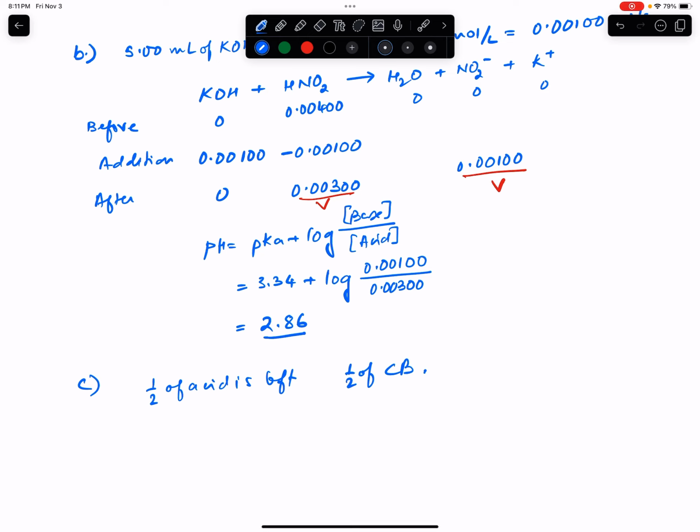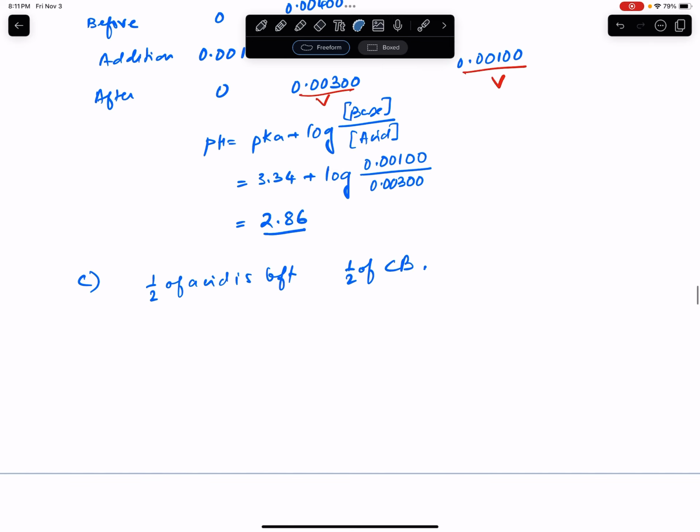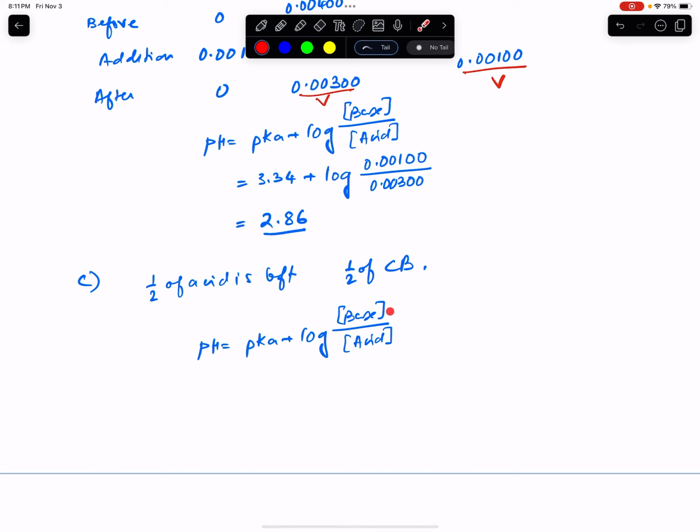So therefore, if we take the same Henderson-Hasselbalch equation, the concentration of base is the same as the concentration of acid at the half equivalence point. Therefore, pH is equal to pKa plus log of 1 over 1,